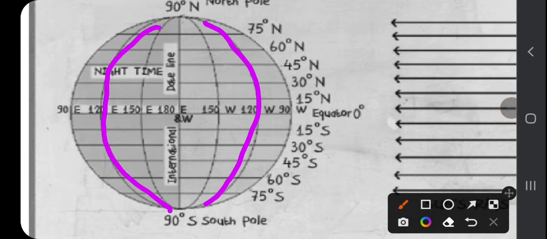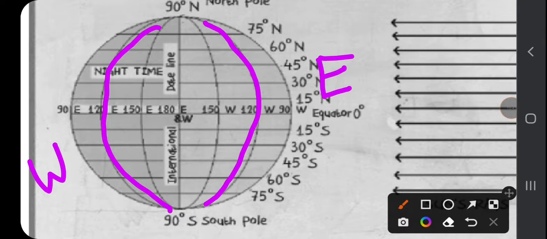As we have studied in previous classes, class 4th, if there will be day in eastern hemisphere, the opposite will happen in western hemisphere, means there will be night in western hemisphere. Okay,